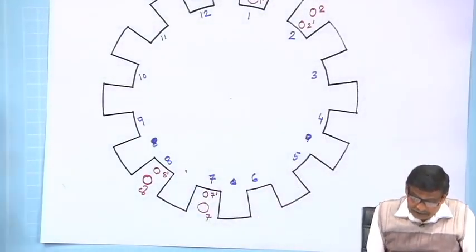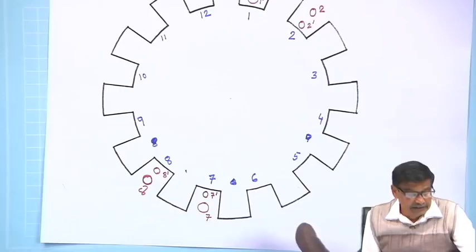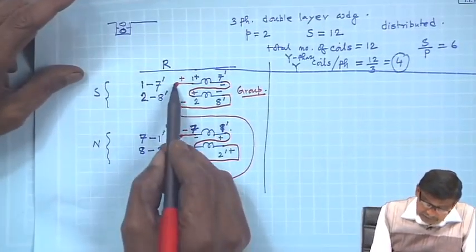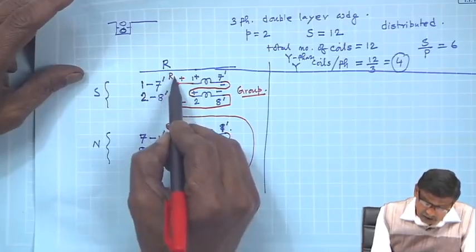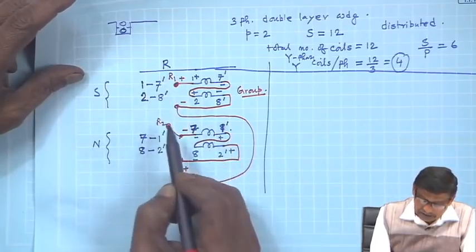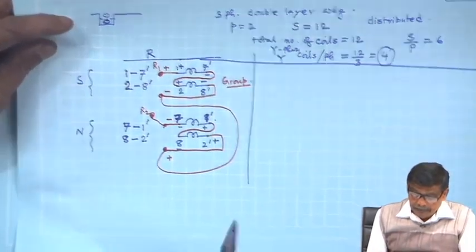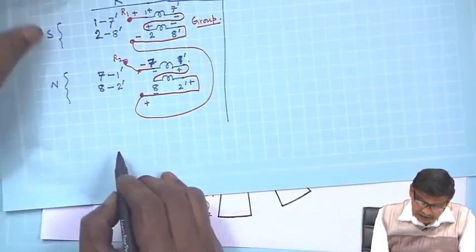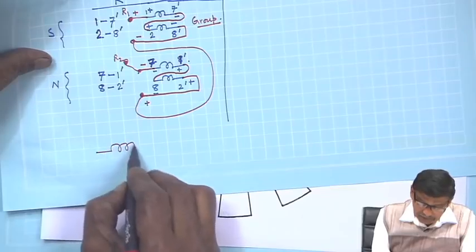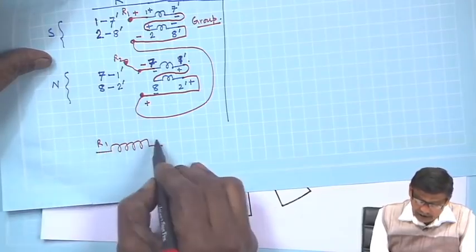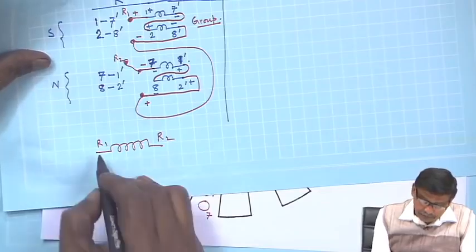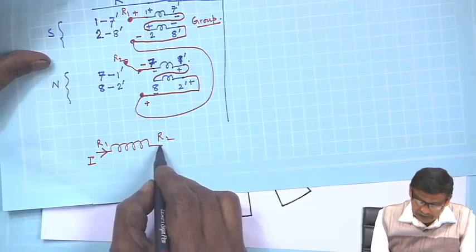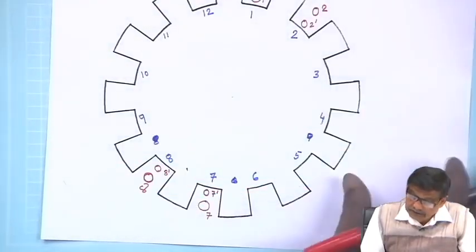So, after you have done this and all these are connected in series appropriately, correctly, then these are the two terminals. I will call them big R1 and big R2, the machine R phase terminals. Now this whole thing becomes an R phase terminal, R1 R2, and suppose you pass some DC current through R1 and current comes out from R2, then